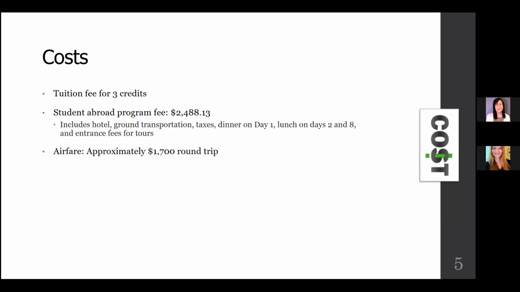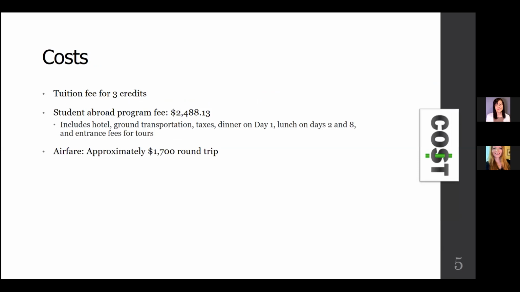Okay, cost. Tuition fees are for 3 credits, so it's a 3-credit course. The student abroad program fee is $2,488. I'm actually very happy about that. I think last time the program fee was around $400 or $500 more than that. So we were able to reduce that fee this time, which is great.